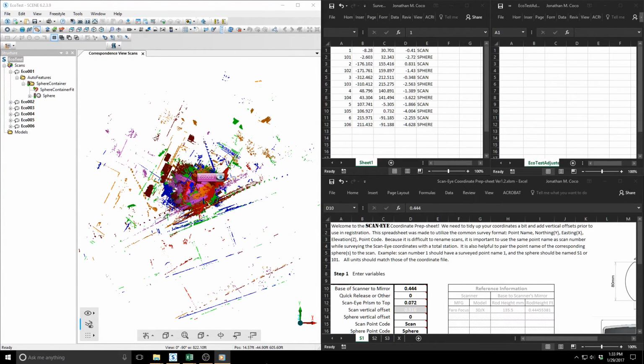In this tutorial you will learn how to adjust and import your survey coordinates into Pharoscene for the simplest registration workflow, which uses only a single ScanEye adapter and sphere. In the window on the left you can see an unregistered scene project with 6 scans that have been pre-processed